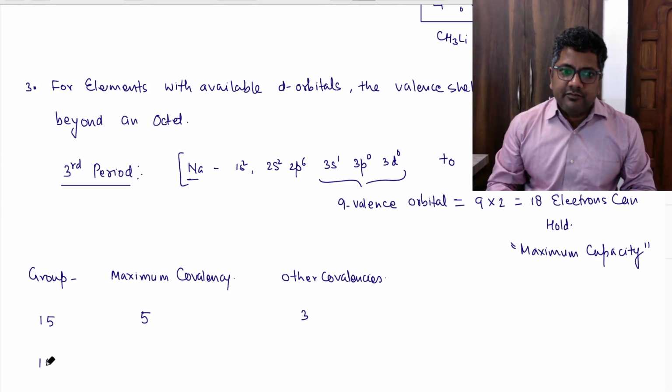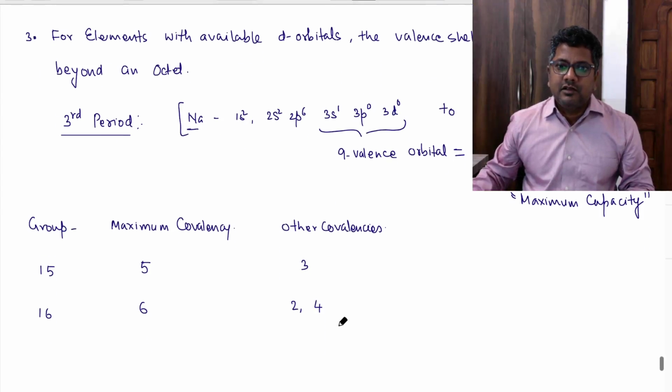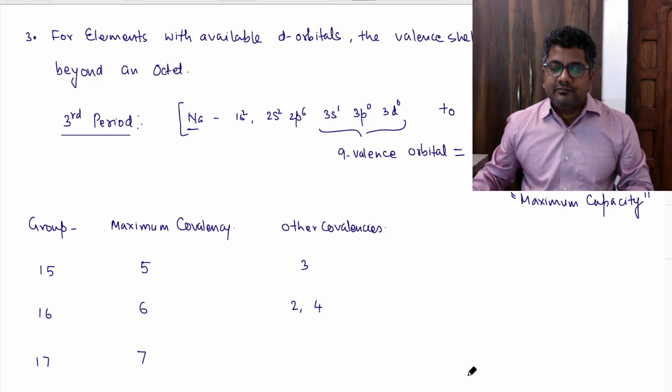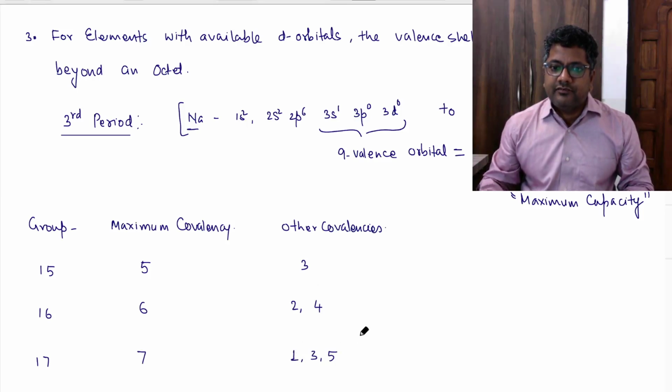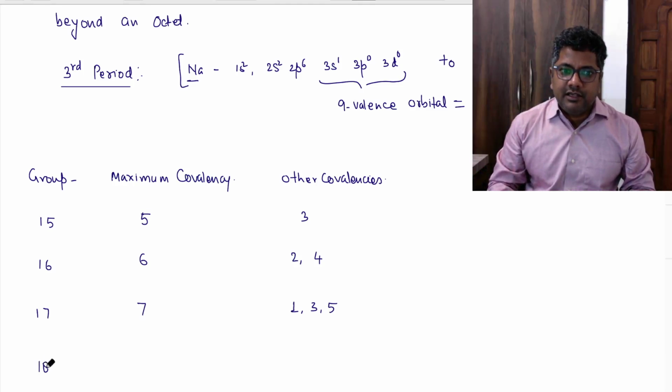Group 16, the maximum covalency is 6, and other covalencies are 2 and 4. And if you take group 17, the maximum covalency is 7, and other covalencies are 1, 3 and 5. And if you take group 18, the maximum covalency is 8 for noble gases,